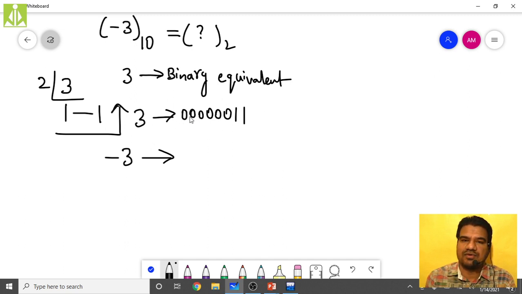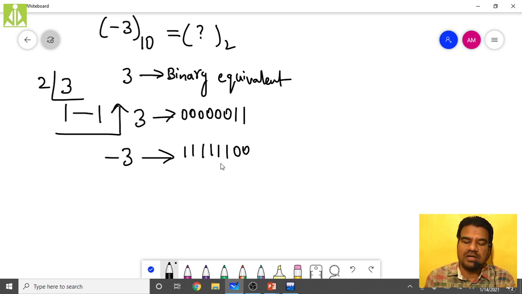First of all, what we have to do? Invert all these bits to complement. Inverting is nothing but if you have 0, you will get 1 in the result. If you have 1, you will get 0 in the result. That is inverting all the bits. So as I have 0 over here, I invert that bit and I will get 1, 1, 1, then 3 more ones. All zeros will become ones and all ones will become zeros.